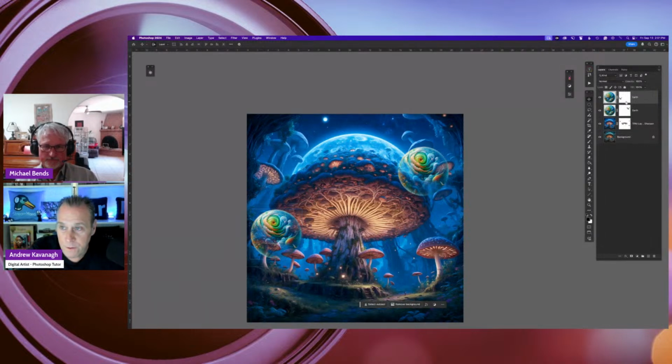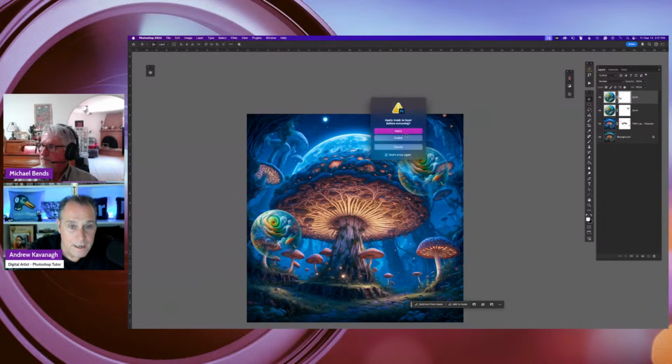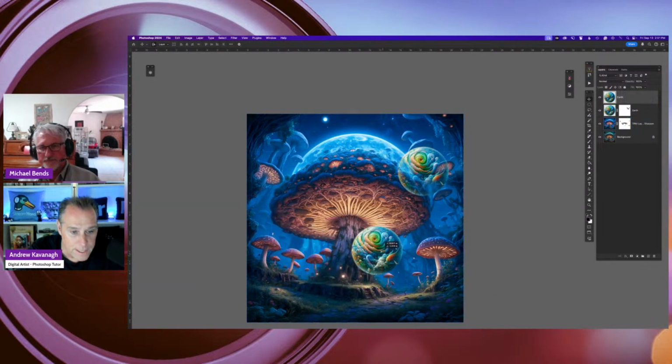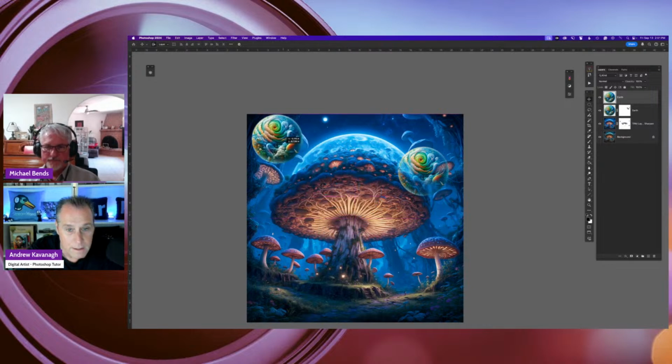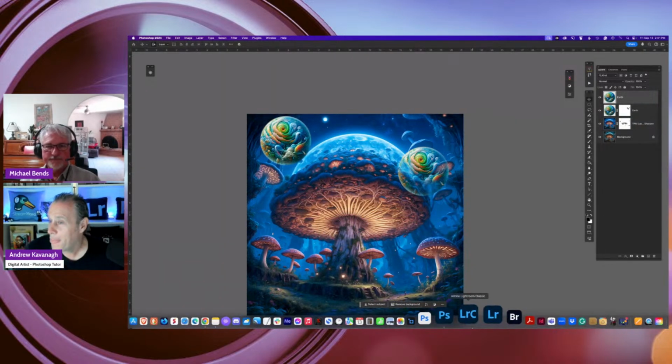And then, of course, if you didn't like the semi-transparency layer mask, you can go to that layer. You can click on the layer mask itself and drag that to the trash and get rid of it. And in this case, I'm not going to apply the mask, so I hit delete, and there it is, just as that. It's kind of fun, right? So that's how you would do some basic photo compositing elements.